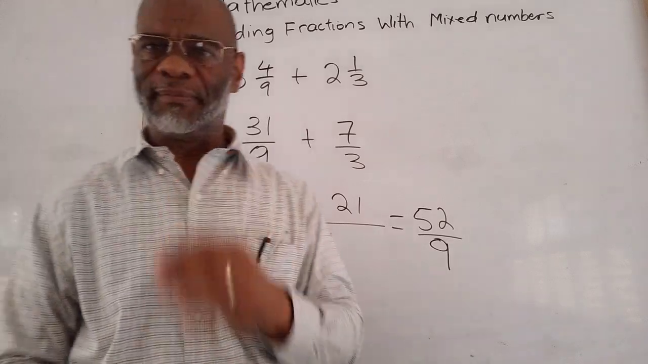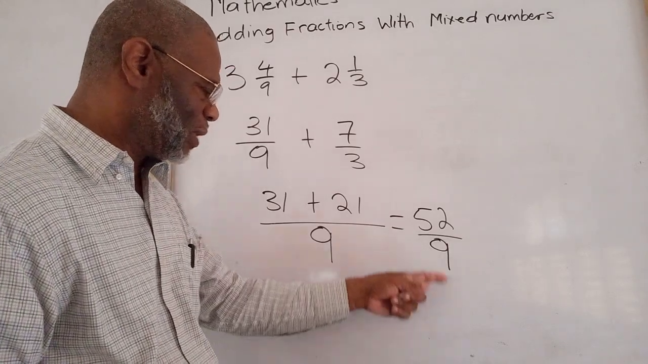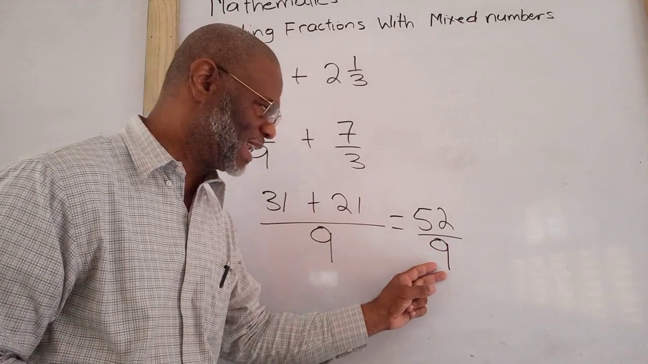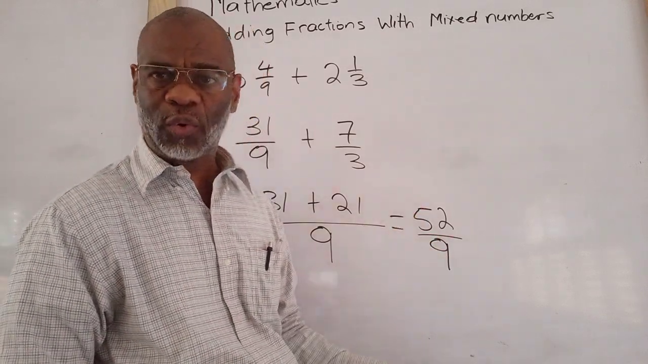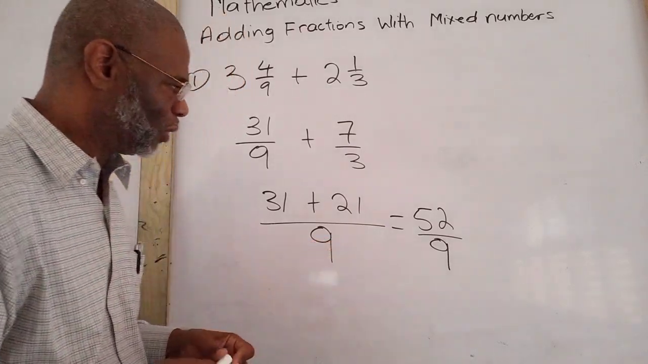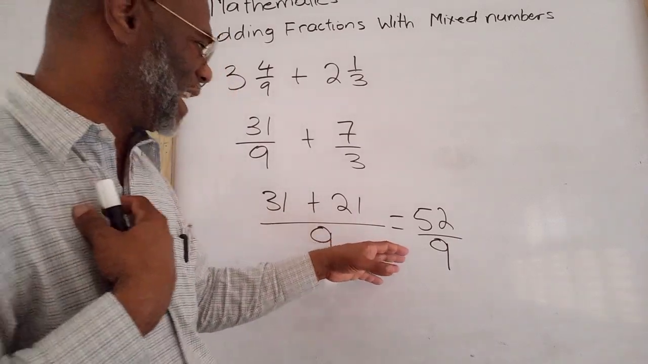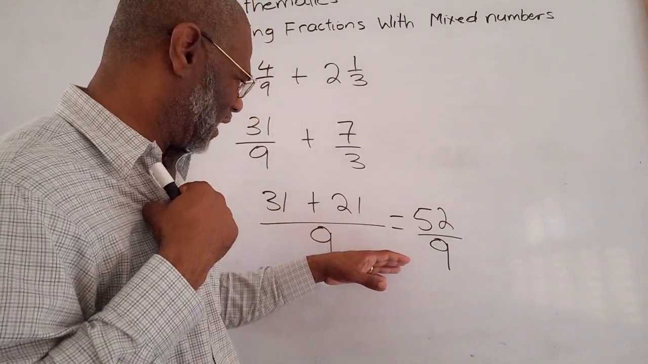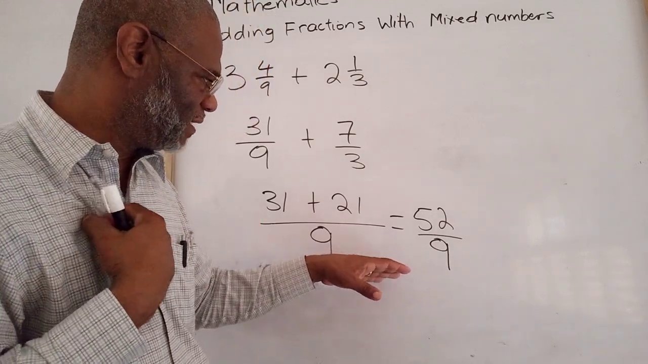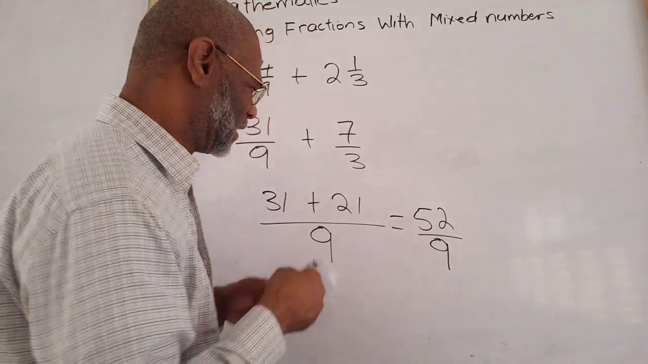Now if you're asked to simplify or write your answer in its lowest term, then it means that we'll have to divide 52 by 9, or we need to see how many times we can get 9 from 52, or 9 out of 52. Right? So we know we can get, how many now? 9 5s are 45, 6 9s are 54, so we'll get 5